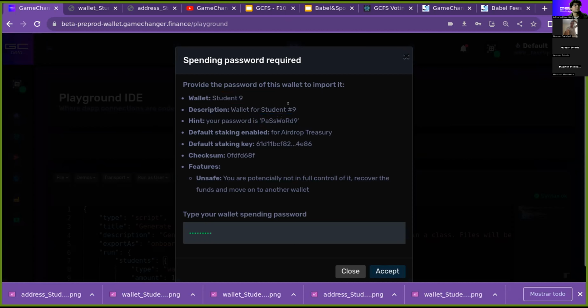description. Check that we are using the index number here, 9, for example. We are on beta, so we have this feature enabled on these gift wallets. Then we have this checksum. That is a nice thing because sometimes you can use it to double verify that you have the right file. So, okay, if I click accept,